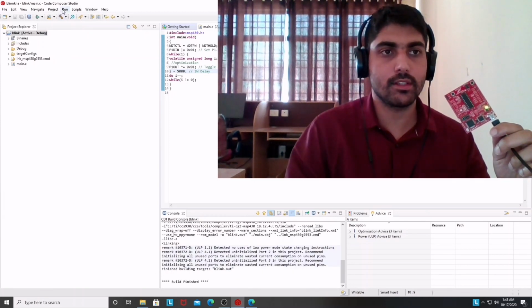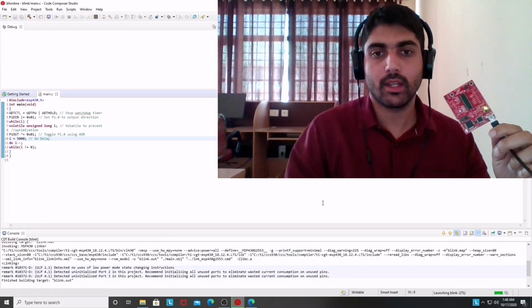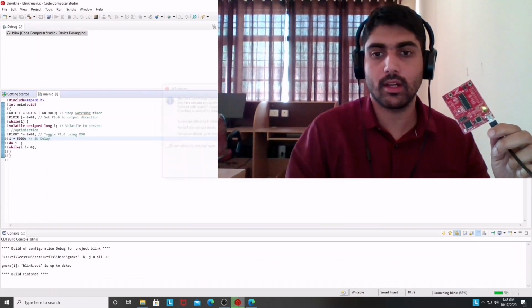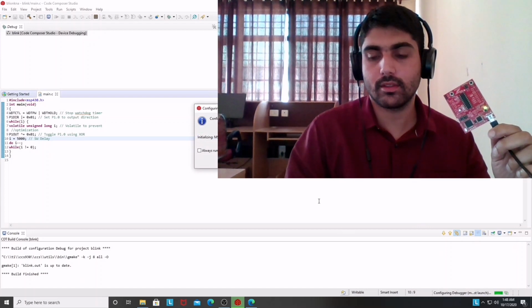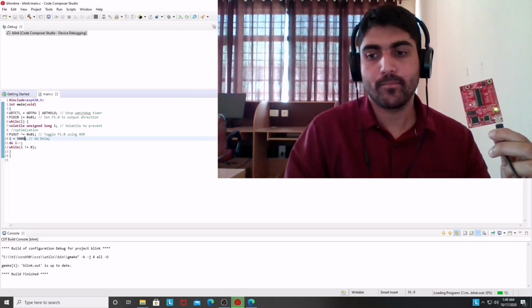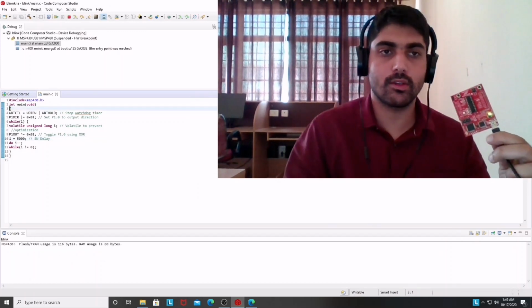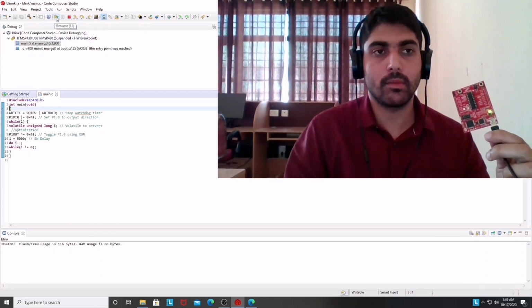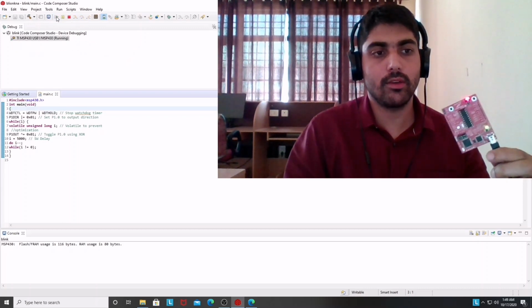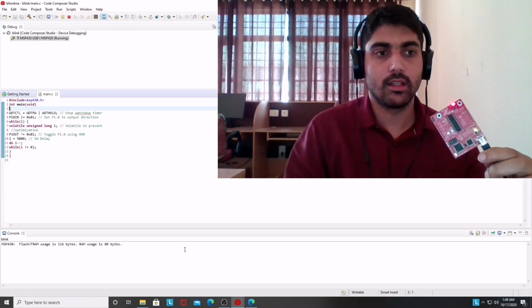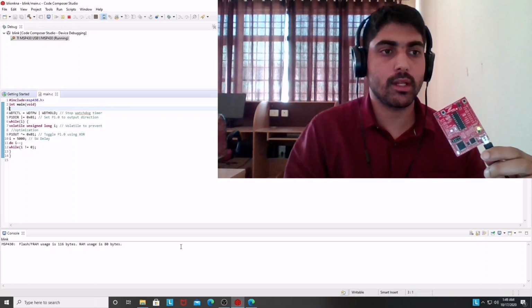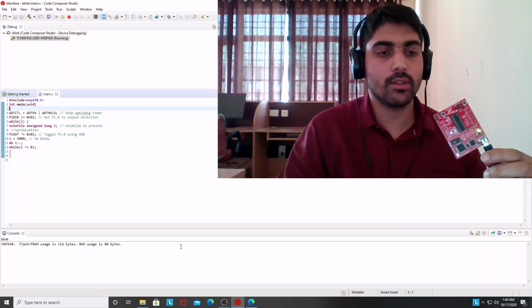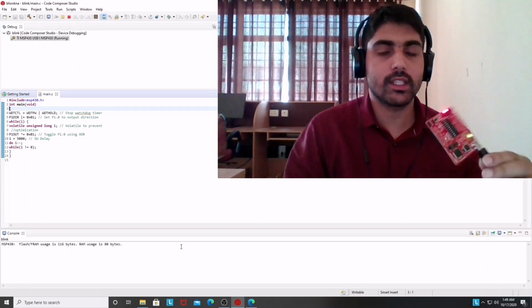So this build has been finished. Now I will go to run and debug it. It will again ask me to proceed, so I will say yes, and then some execution will happen in the background. After that you will see that at this stage the blinking has stopped, because the new program has entered. And now to see this time duration of the blinking, I have to resume over here. So now you can see this is blinking quite fast. So this is how you can perform your experiments and programs on Code Composer Studio using this MSP430G2553.